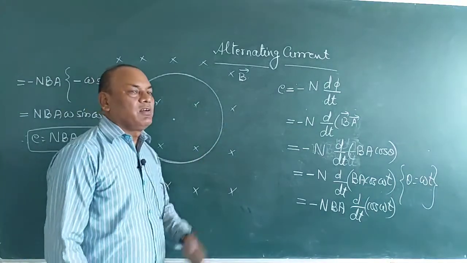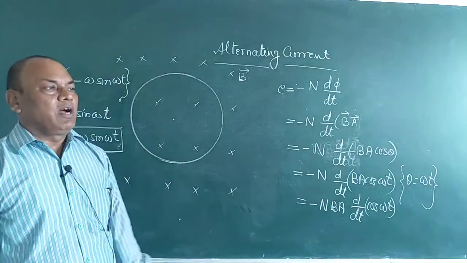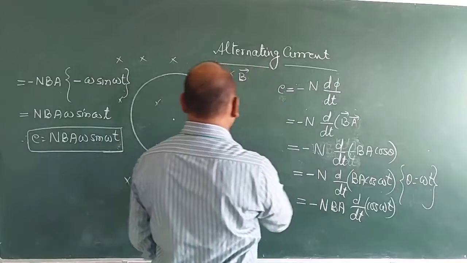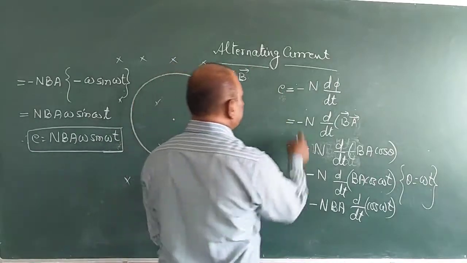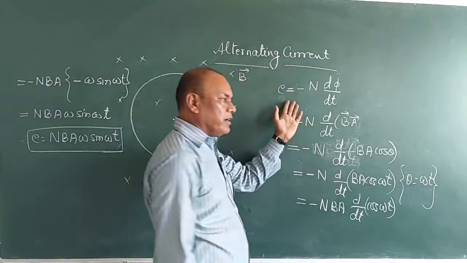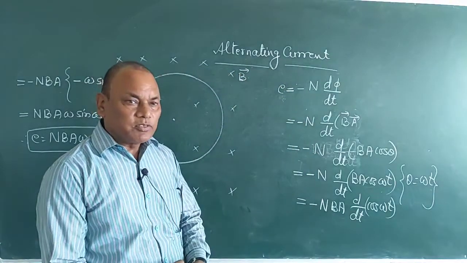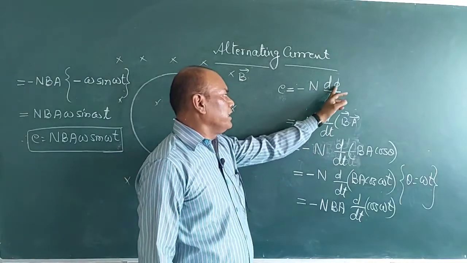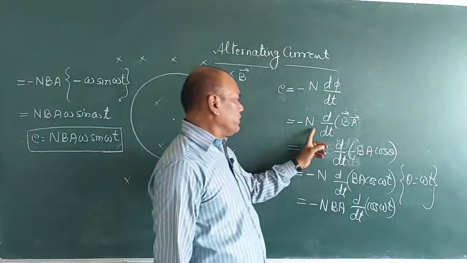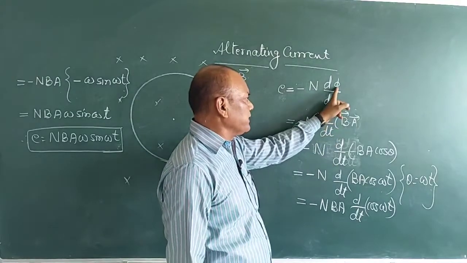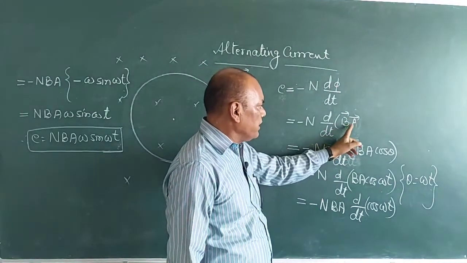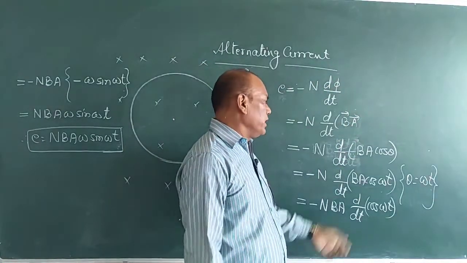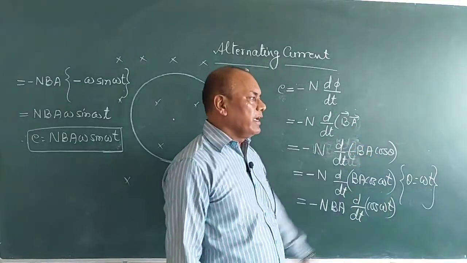there is a change of magnetic flux attached to this coil, and due to that change there is a production of induced EMF in the coil. This induced EMF can be calculated by applying this formula which comes from Faraday's first law, E is equal to minus n d phi by dt. So this becomes minus n d by dt. In place of phi, we can write vector B dot vector A, because magnetic flux attached to the coil numerically will be equal to vector B dot vector A.